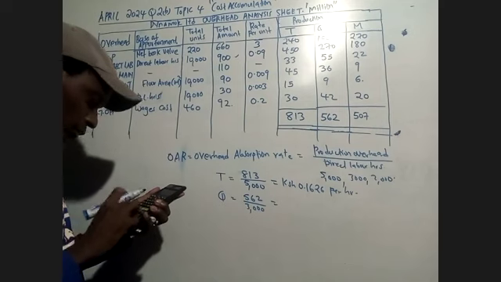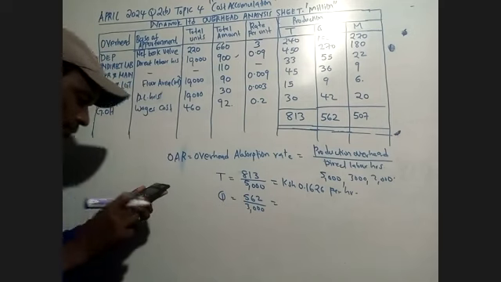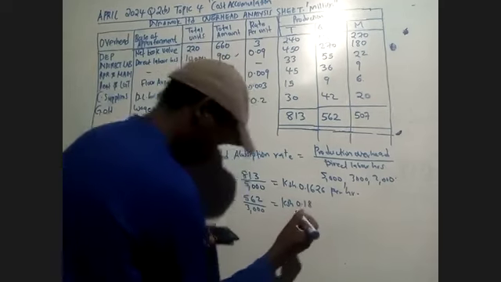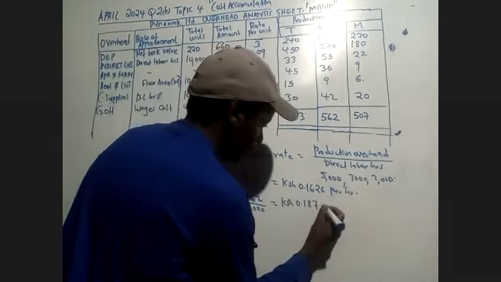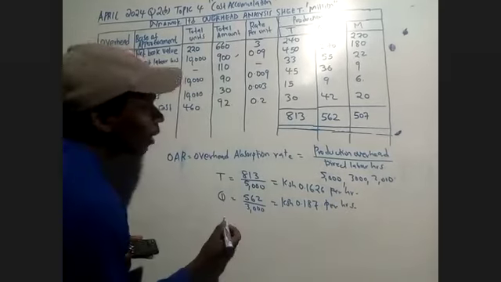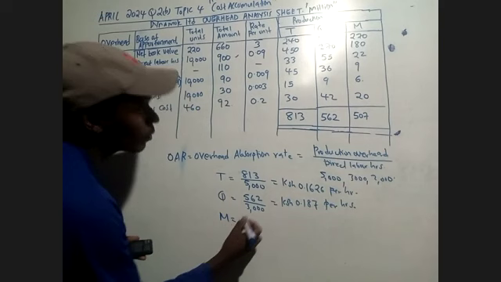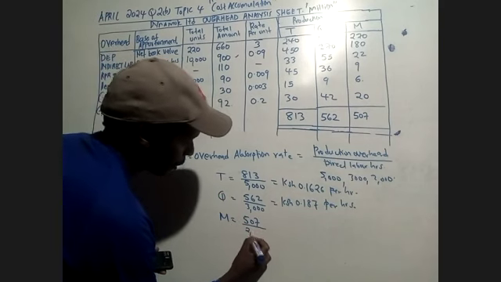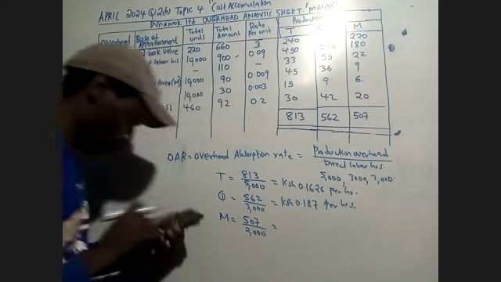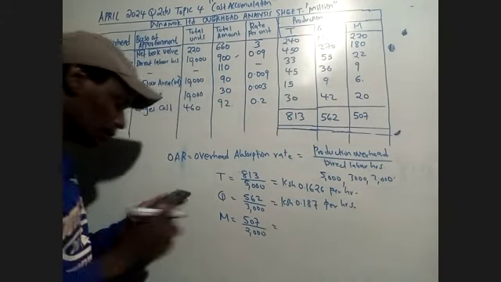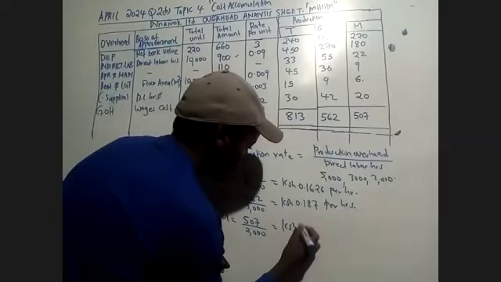So 562 divided by 3,000, which is Kenya shillings 0.187 per hour. And then we have M, which is 507 divided by 2,000, which is Kenya shillings